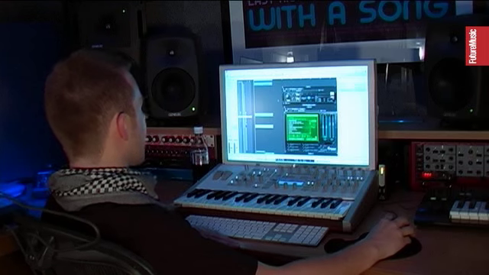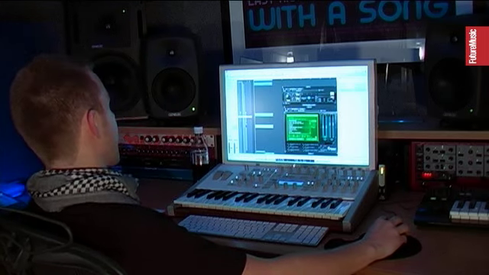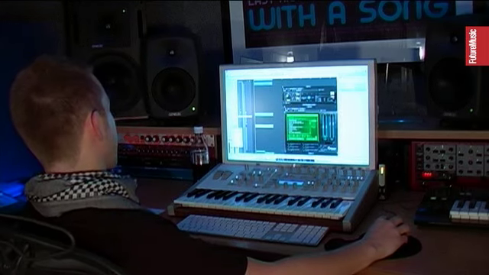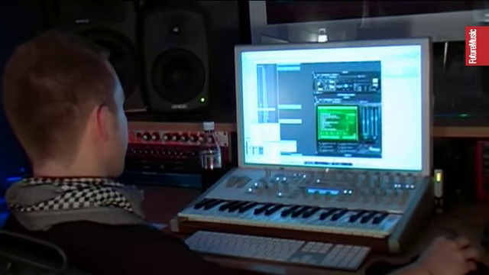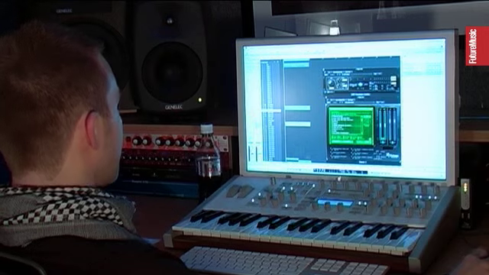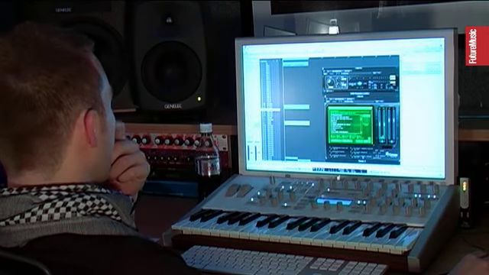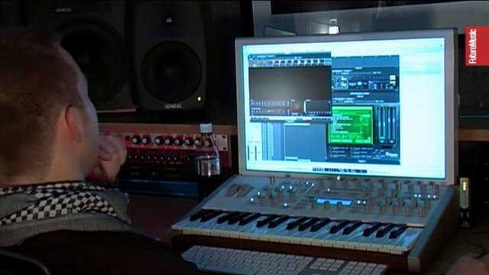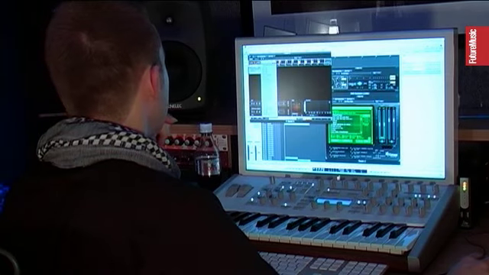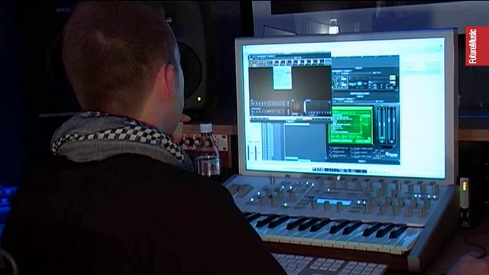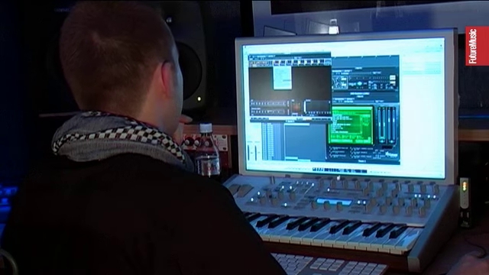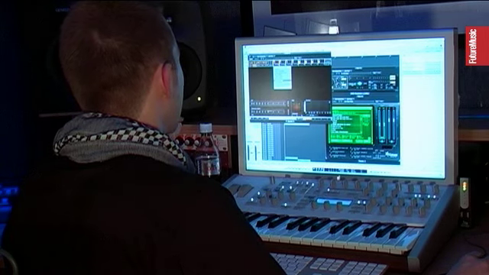So a lot of other plugin companies have, I'm not saying that they've copied anything off UAD, but certain companies, not mentioning any names, but I'm sure you'll recognise the plugin, have made replicas of classic